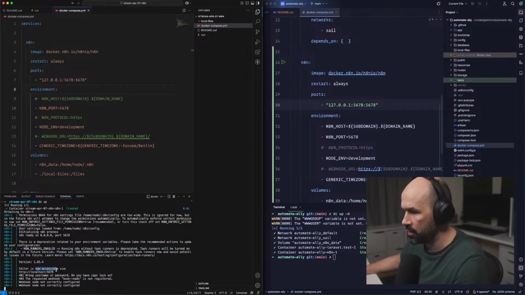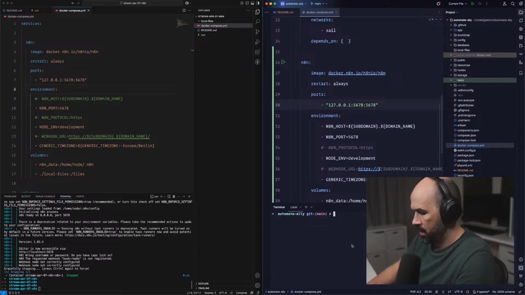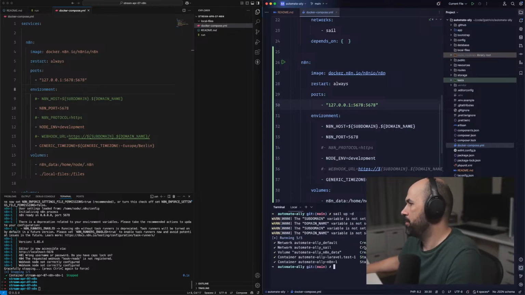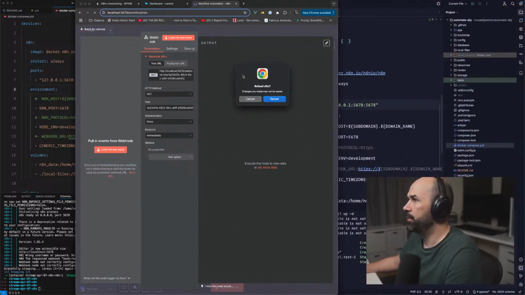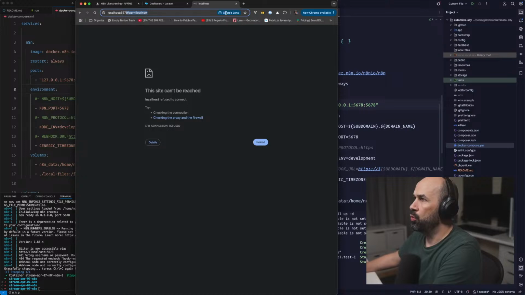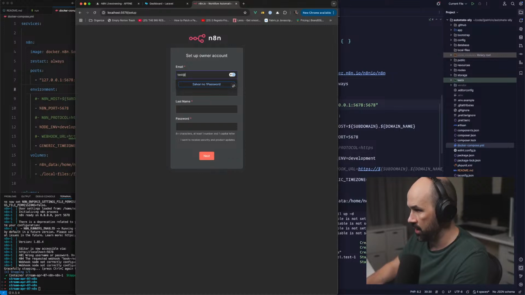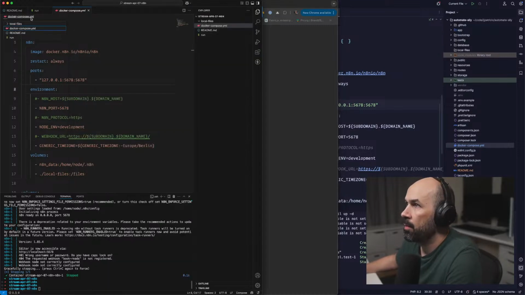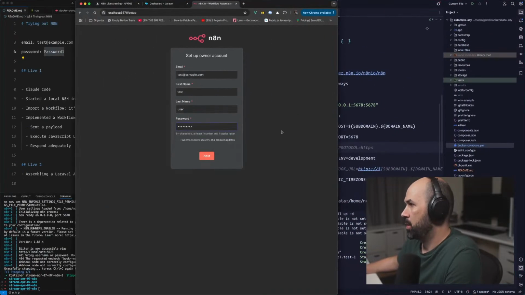So editor is now accessible via... Yeah. Okay. Never mind. Sail down dash v. Sail up dash t. And this will be restarting all over. It will be on port 5678. So test at example.com, test user. Password's gonna be password1. There we go.